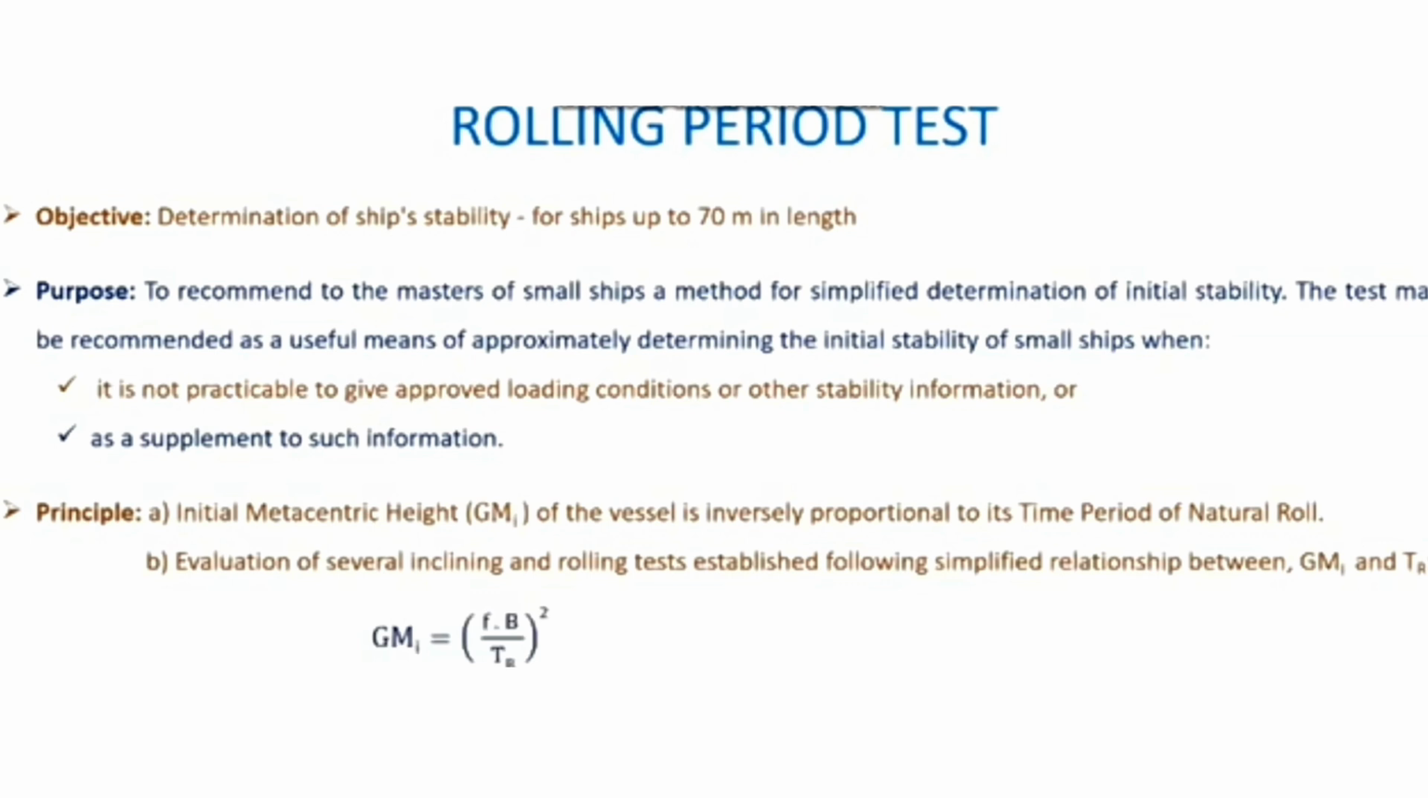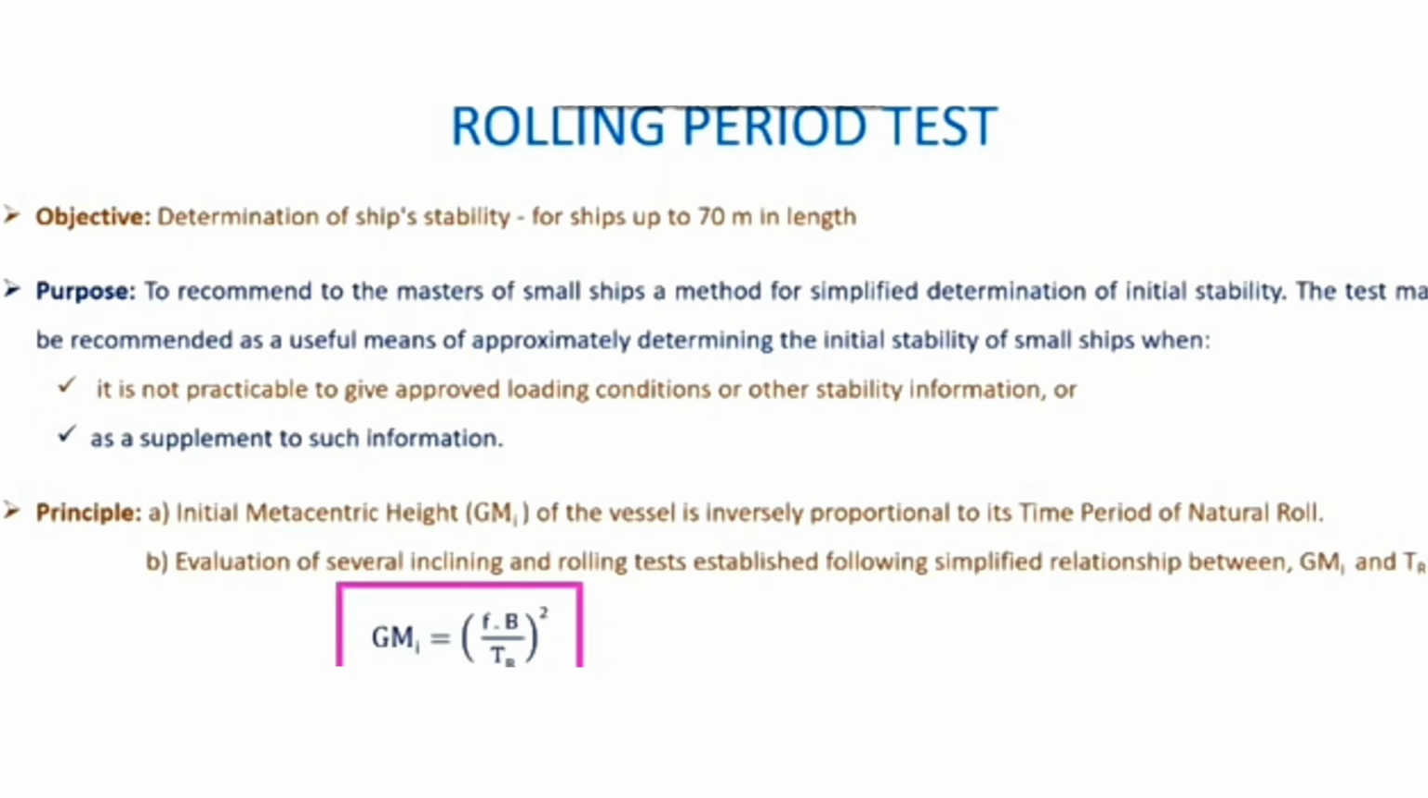Simplified to what? Simplified to this, okay? There is no derivation for this formula. Such formulae are called empirical formulae, which have been arrived at through experiments, based on the same formula but further simplified for use on small ships or for rapid use by the master. GM initial is equal to F into B upon TR whole square,